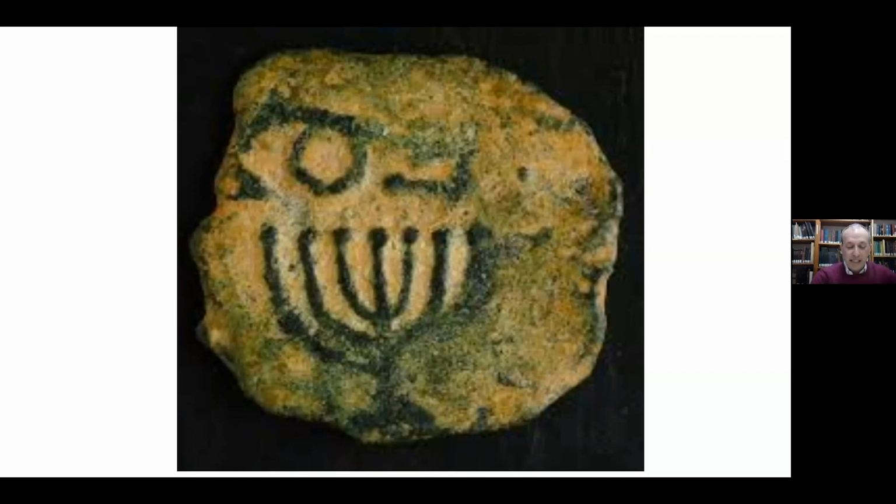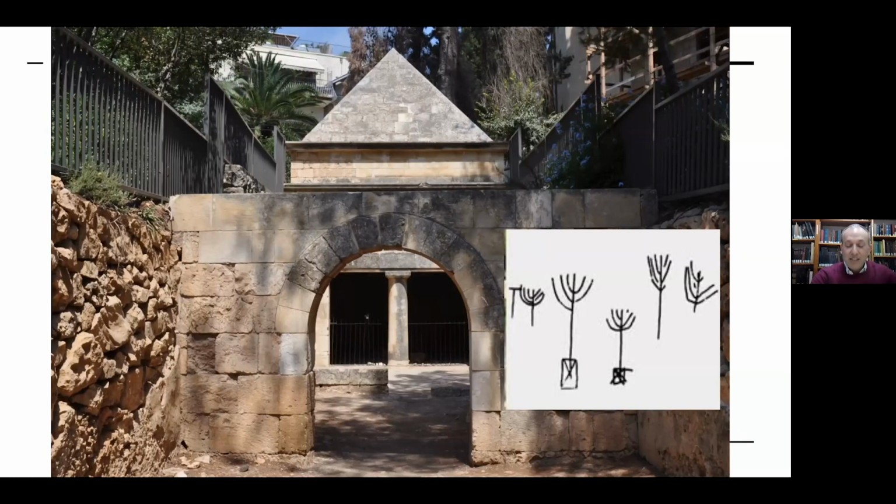Another place in which we see the symbol of the menorah is here in Jason's tomb. Those of you who have visited Israel perhaps have been to Jason's tomb, which is famously only a few blocks away from the JTS Schocken Institute in Jerusalem. It's in the Rehavia neighborhood of Jerusalem. And there on the walls of this tomb, we have 5 menorot in graffiti etched into these walls. Right? And there you see those 5 menorot, very, very primitive menorot. That comes to us from about the 1st century BCE.